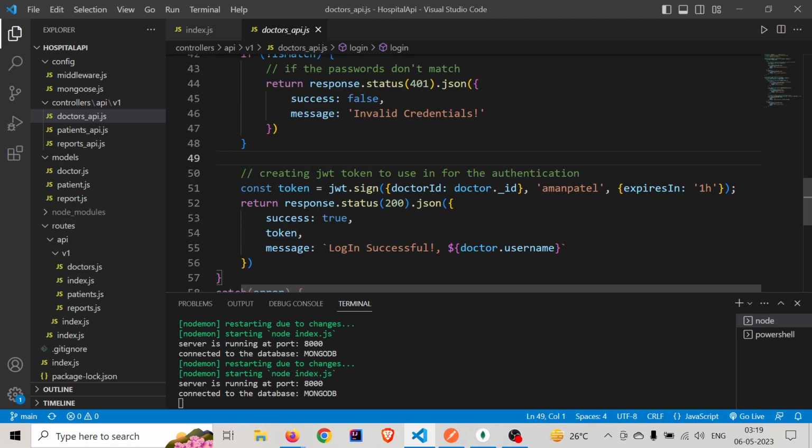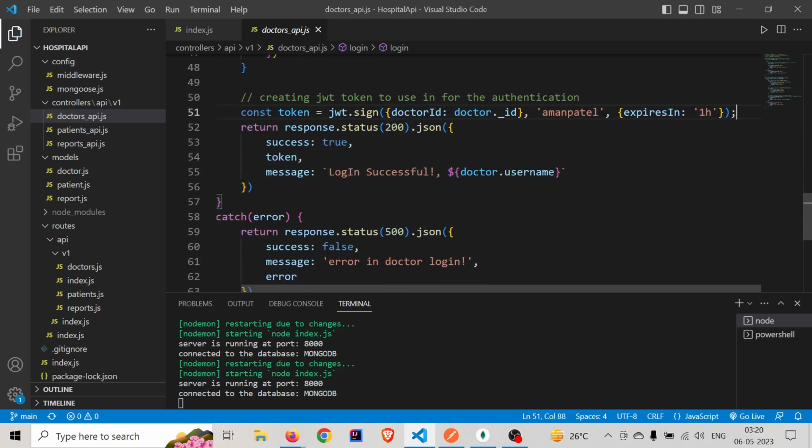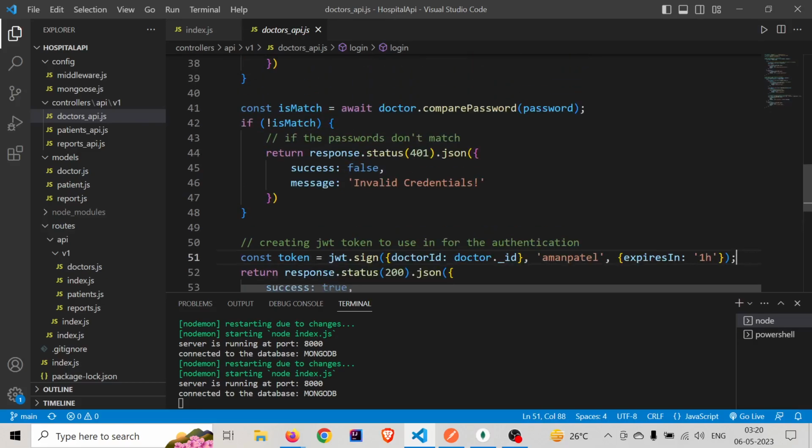We'll pass the doctor ID in it, which will be used in the different API requests. This is our secret key, and the token expires in 1 hour. So this was all about the doctors API.